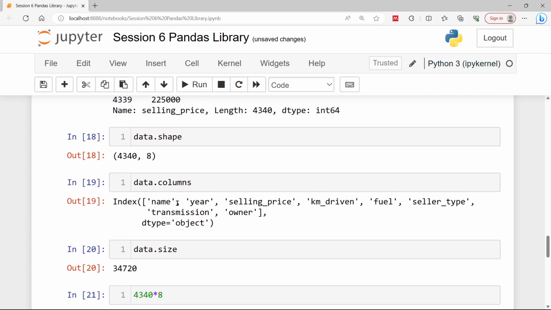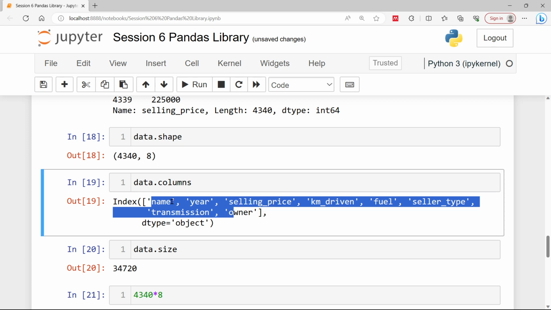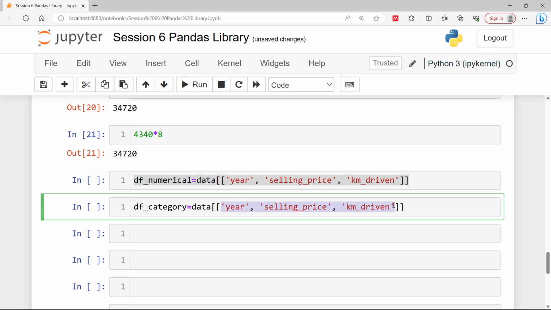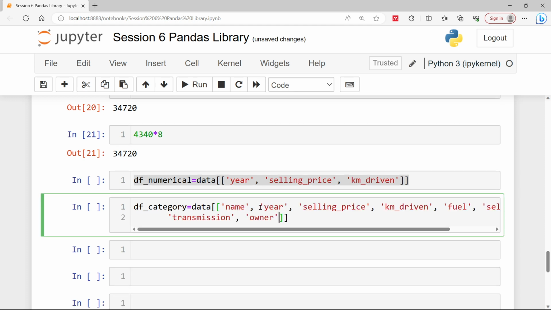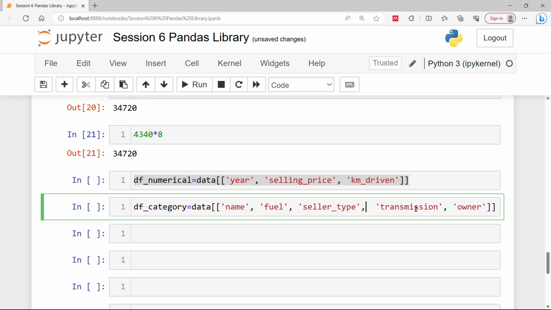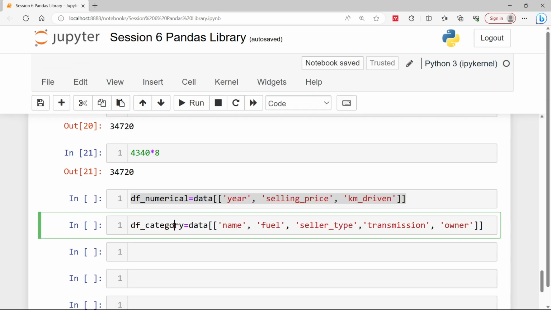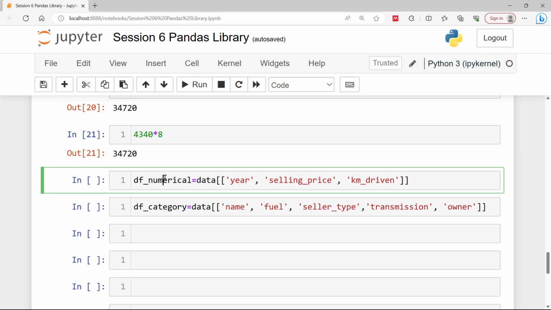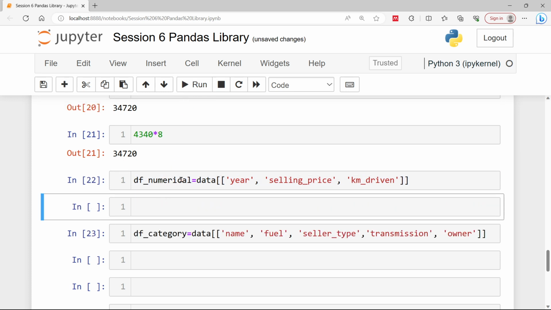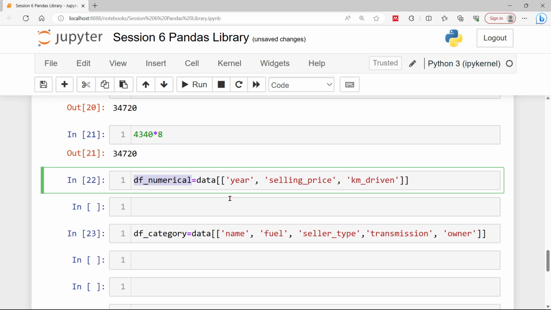So this will give name and then owner, and then I'll copy all the columns and exclude the second, third and fourth. These are numerical ones, right? So I'm going to delete these numerical ones. Now df numerical